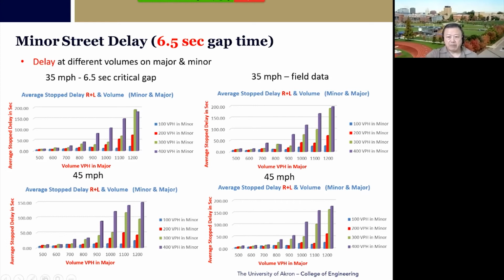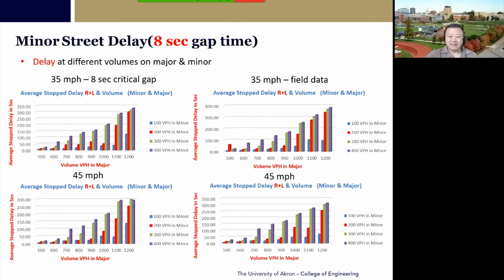Now, in case of 45 mile per hour, you can see similar results. However, again, the 6.5 seconds critical gap situation shows the delay is a little smaller. The chart has a little bit different scale because I want to fit that in one page, so I have to change the scale a little bit because this first line here is 200, but this line is 150. That's, by the way, the simulation in 1 hour. So you can see that the 45 mile per hour situation is a little better.